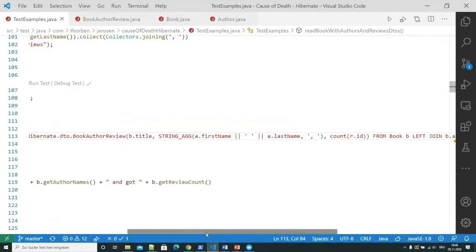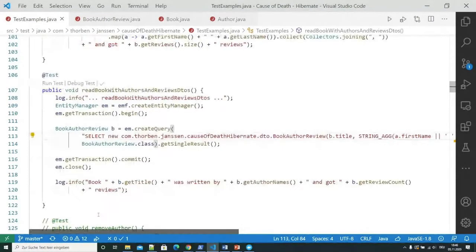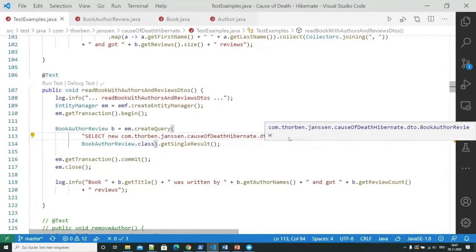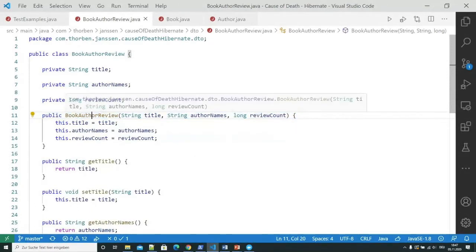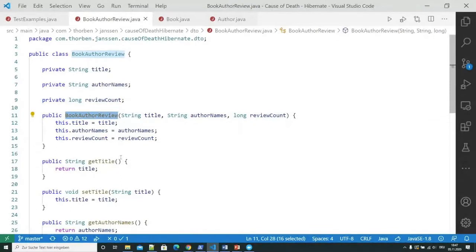So yeah, take a look at it. Think about it. Does it actually make sense? Would it be something that you want to maintain in the long run? And is it something that is actually usable within your code? Because the next issue would be if you have more attributes here, and some of them are initialized and others are not, depending on which method you call in your backend, it will be really hard to work with objects of type book author review, because you never know which attributes are actually initialized.